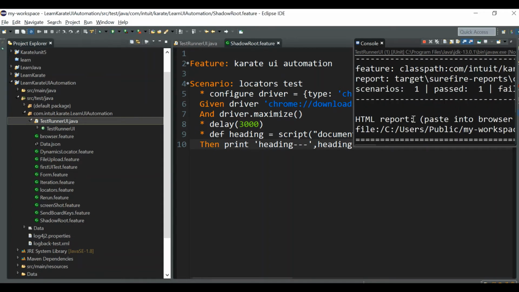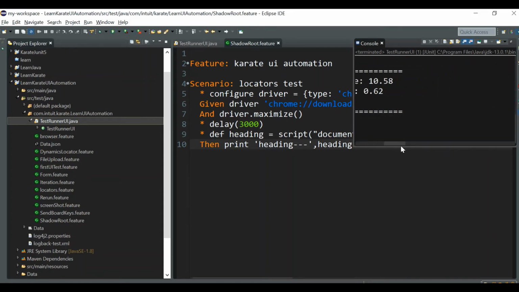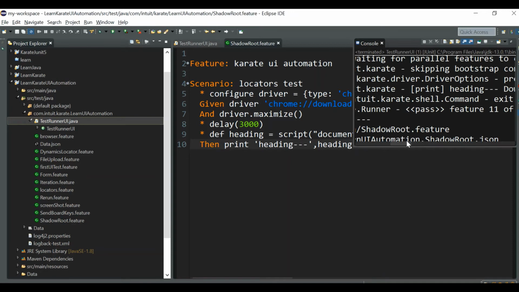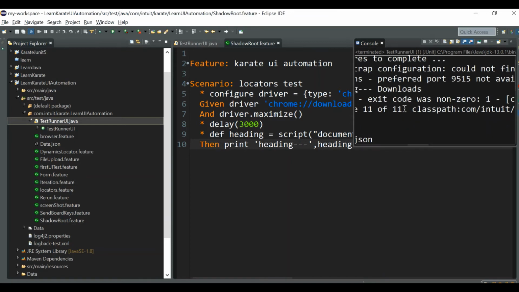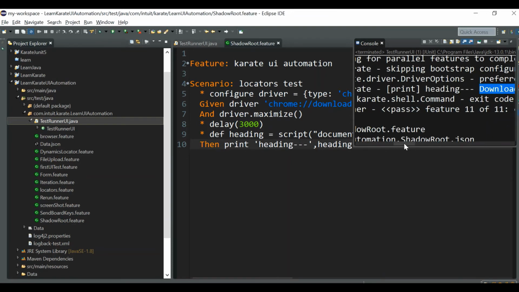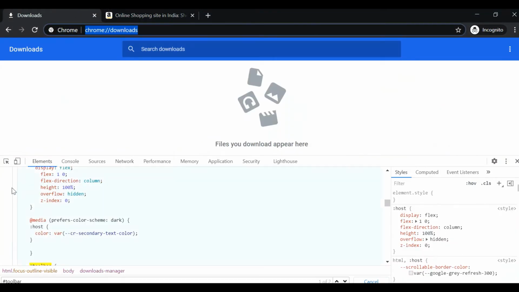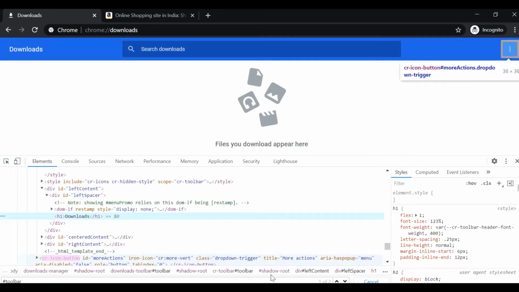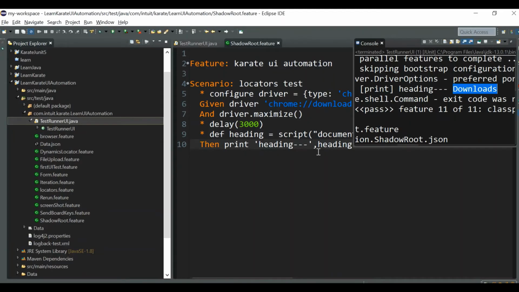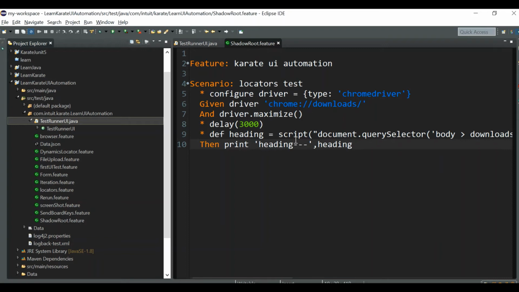See, our test is passed and we'll see what is printed in the heading line. We got downloads. It is working fine, right? So we got heading as downloads. Downloads means this section, the H1 tag, right? Which is expected.